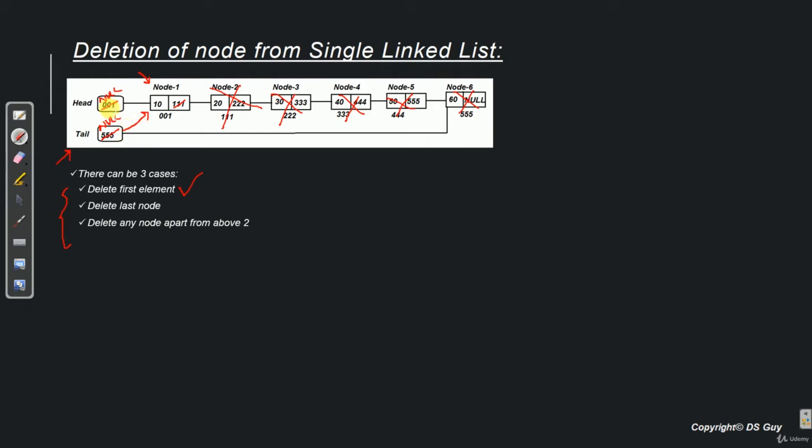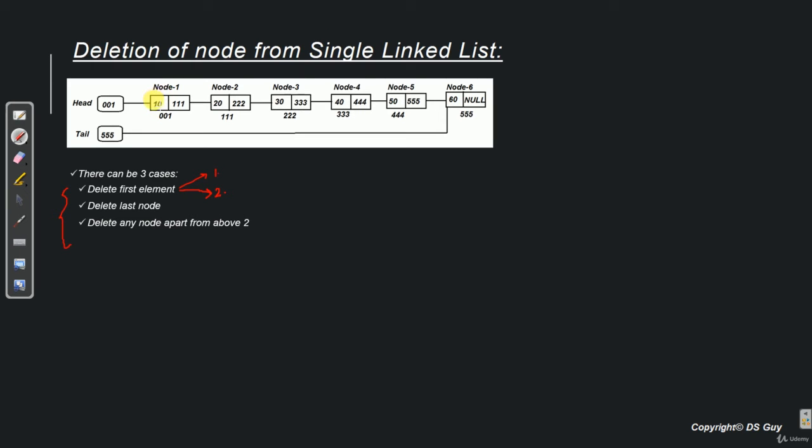So when we update head and tail both with null, this link over here gets destroyed and this link over here also gets destroyed. So node 1 will not be pointed by any of the references. So the garbage collector will automatically come and delete node 1. So this was case 1 where we want to delete first node and that is the only node in the linked list. Now what is the case 2? The case 2 is when there are more than one nodes in the linked list and we want to delete the first node. So let's see how do we do that.